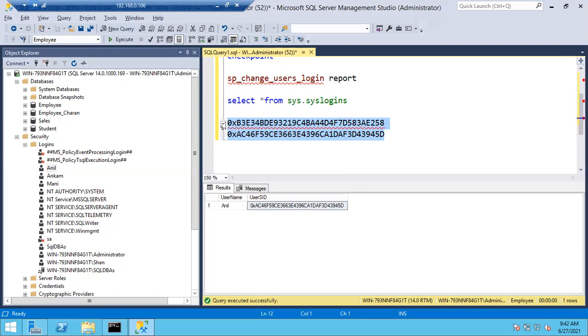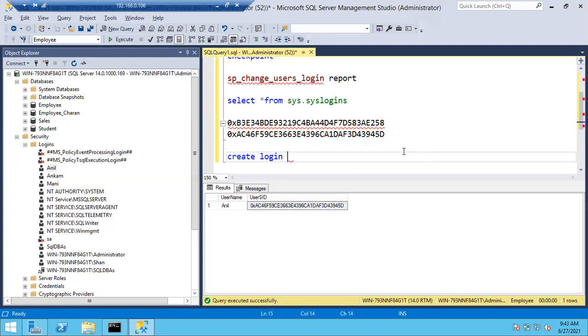Can we change this SID for users, sir? Yes, we can change it. Is there any option? I'll tell you. Then if we change the SID for the user, the issue will be fixed, right, sir? Yes, we can fix it. We can fix it in multiple ways. So yes, we can change the SID here.